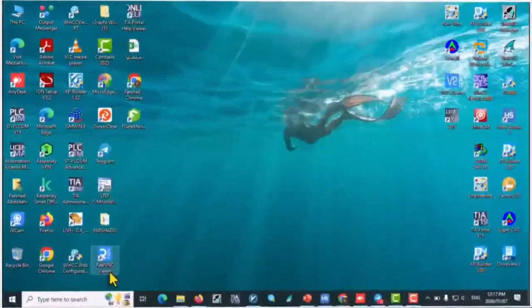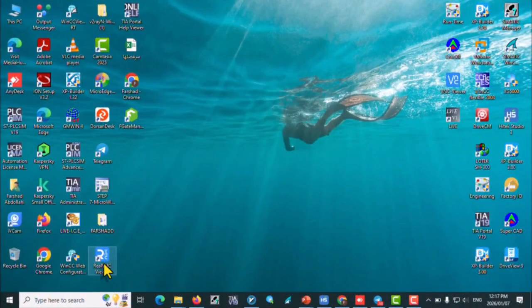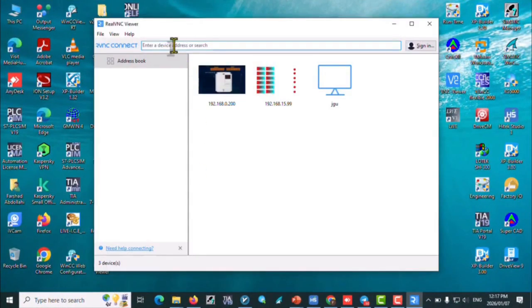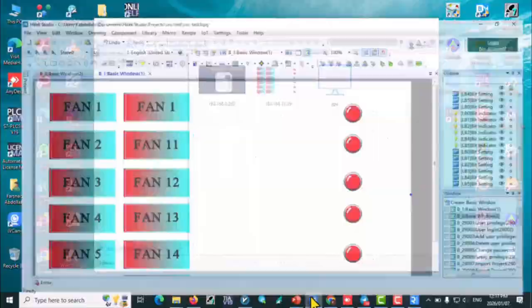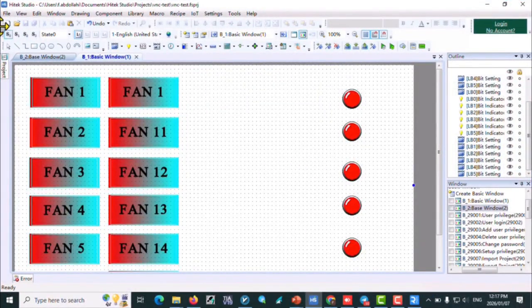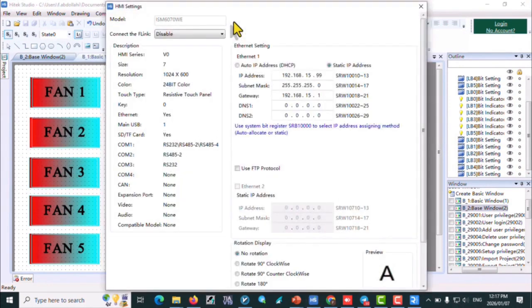After you open this software, you'll enter its interface. Here, you need to enter the IP address of your HMI. Okay, now I'm opening the HITEK Studio software. You can also do this in the Settings tab under HMI Settings. Here, enter the IP address of your HMI. For example, here I've entered the device's IP address,